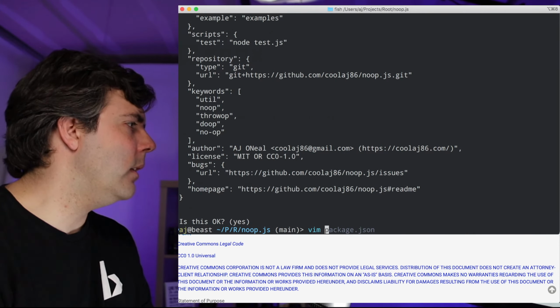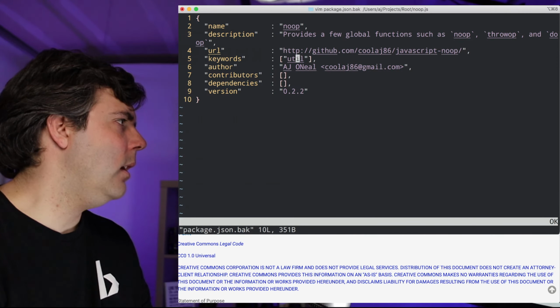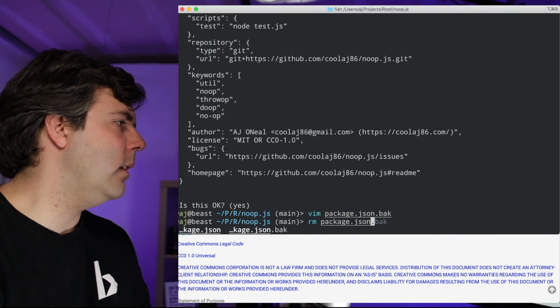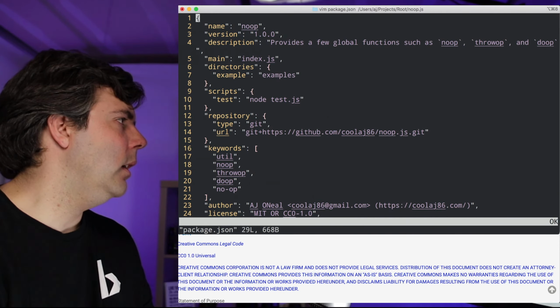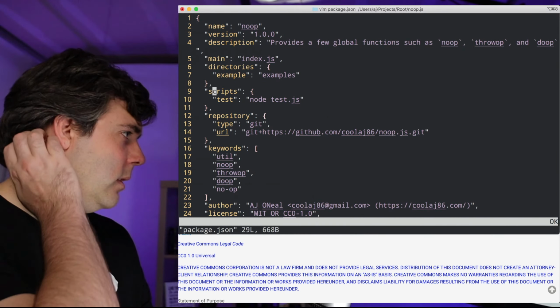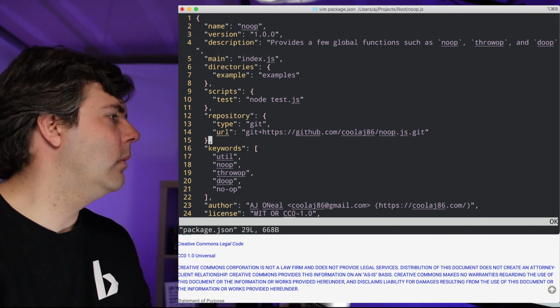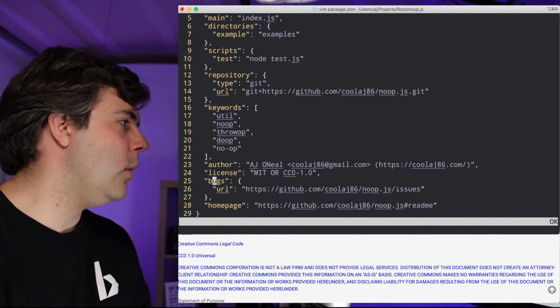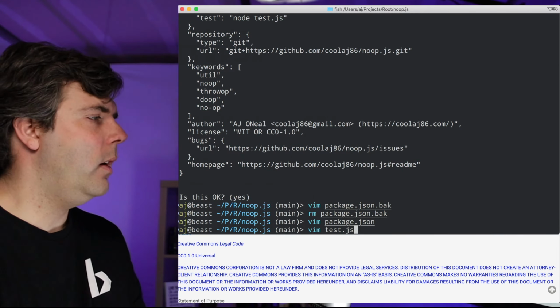And then let's take a look at the old one and see if there's anything useful in here. I think we copied everything over. I don't think there's anything useful in here. We can go ahead and get rid of the old one. Okay. And the new one looks good. Oh, we need to add some tests, of course. All right, so